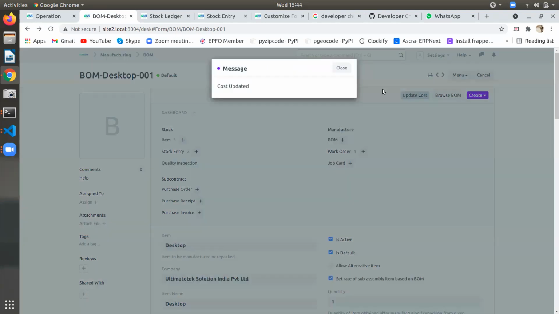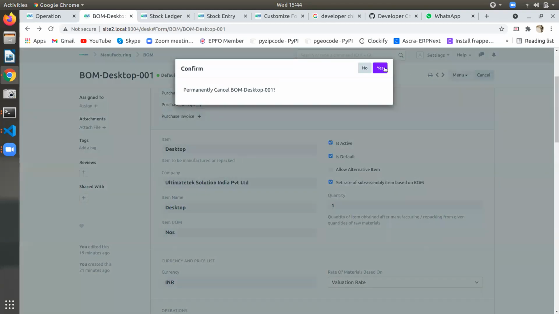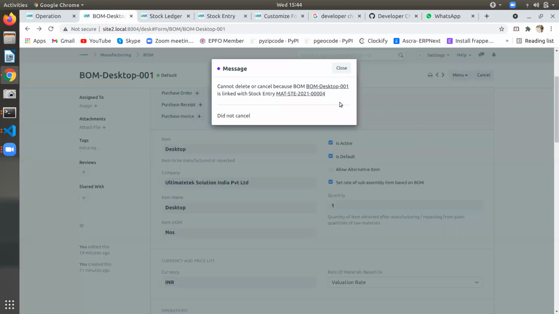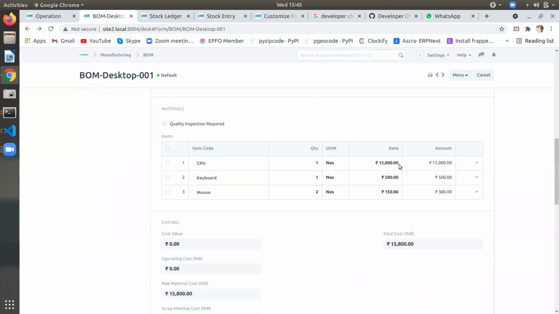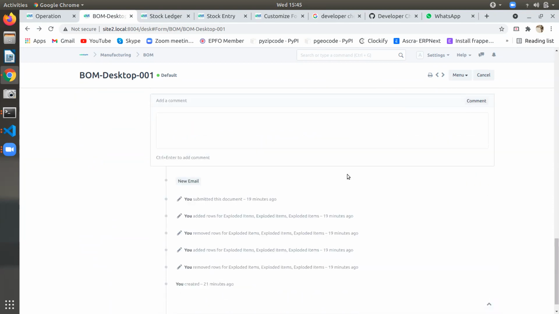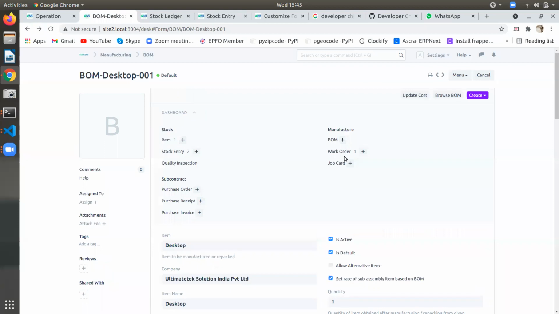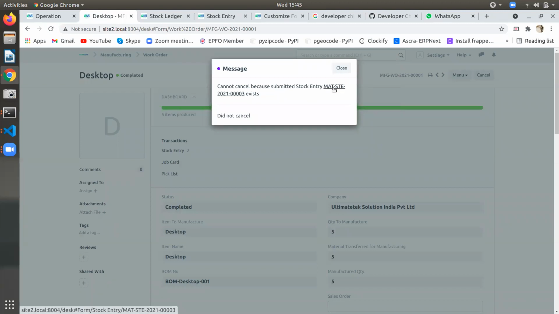Date cost. Okay. So it is asking to cancel stock entry also.